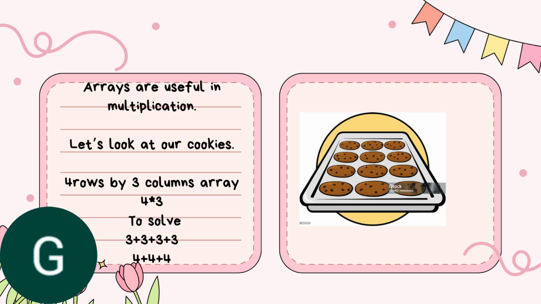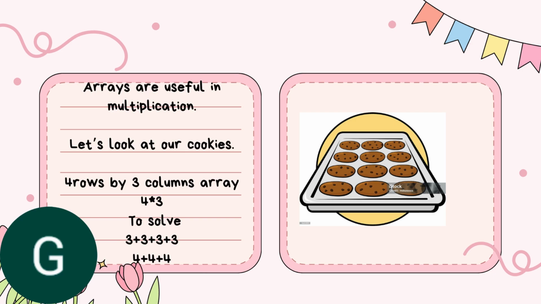So if you're not familiar with math, maybe you don't know what 4 times 3 is. How can you solve it? You can do repeated addition. So let's add the same number over and over and over. And we could solve this by saying 3 plus 3 plus 3 plus 3, because we know that we have